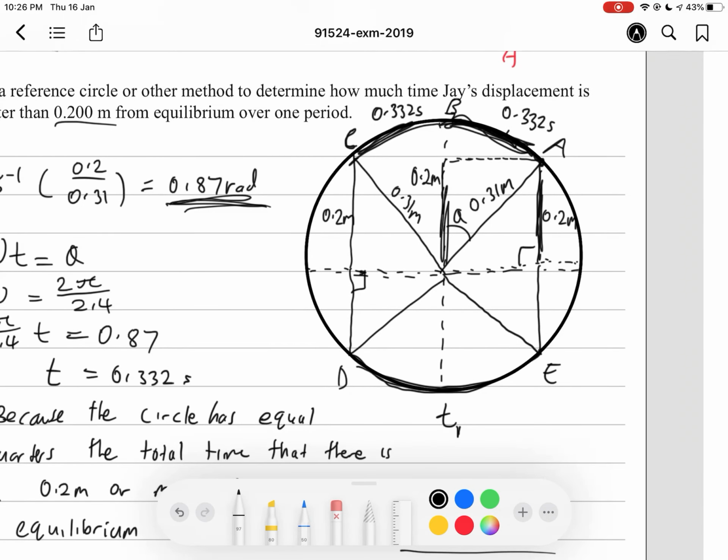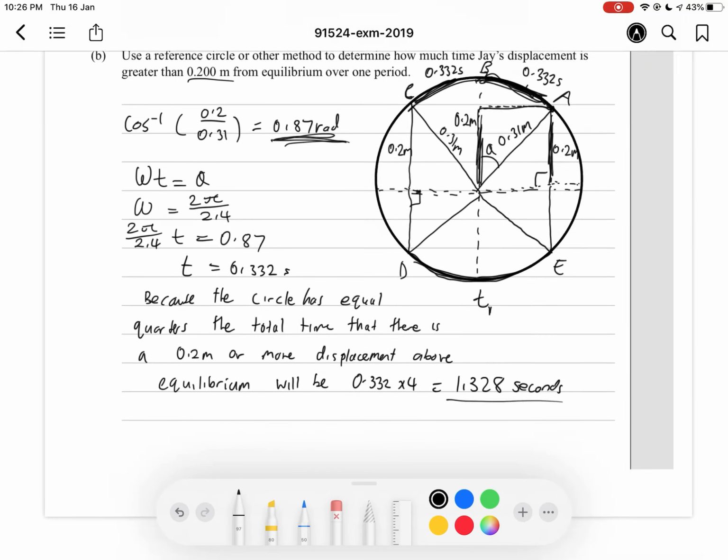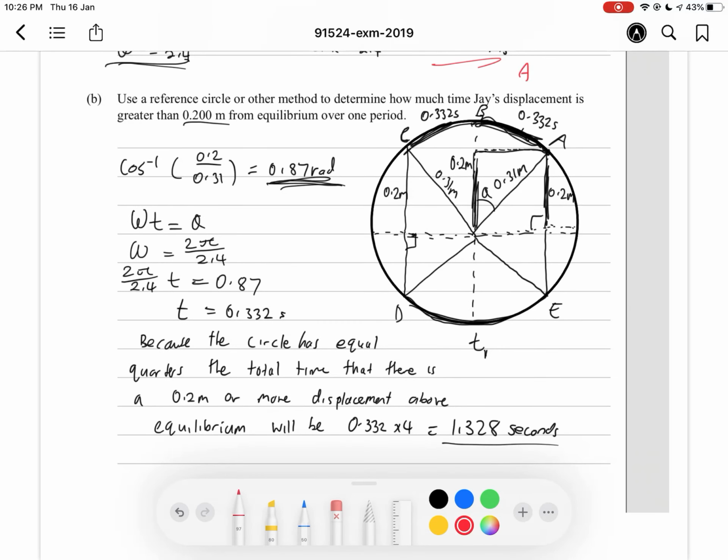Yeah, I hope that makes sense. It was pretty difficult to explain, but I hope that all made sense in the end, using this reference circle and the triangles, using this triangle here in order to find the time it takes from point A to point B. And this question should just be a merit level question, and to get an achieved and think